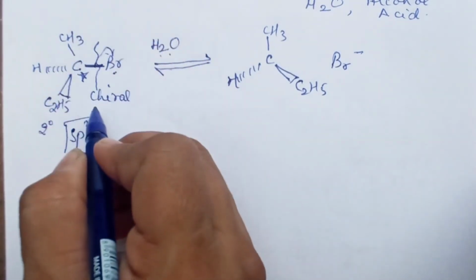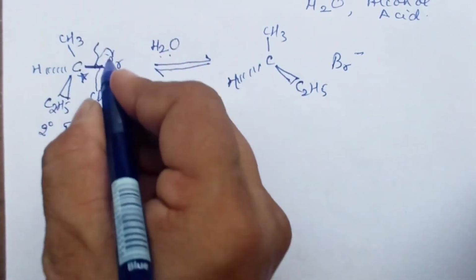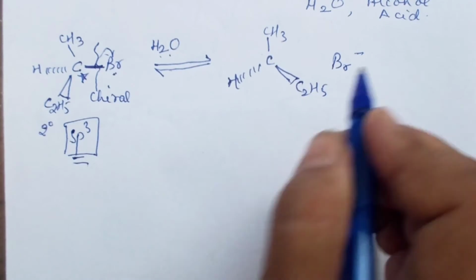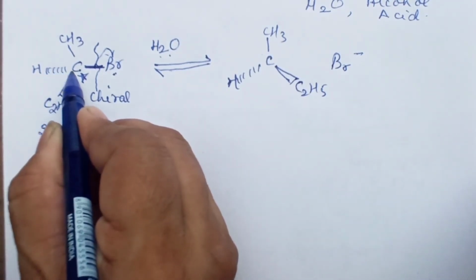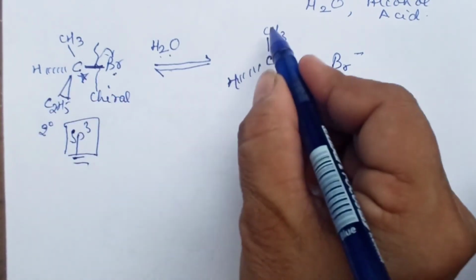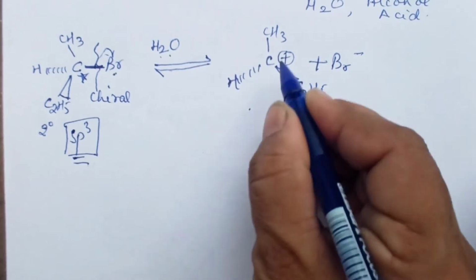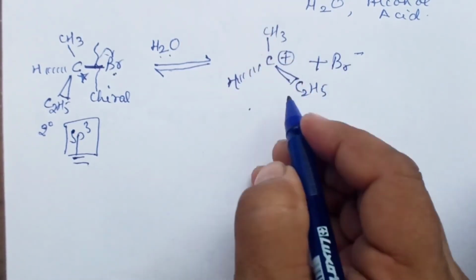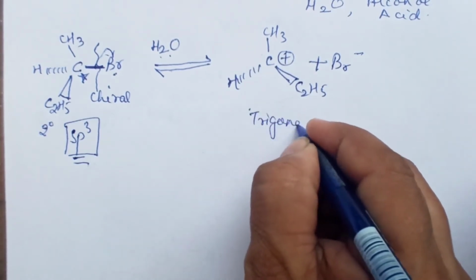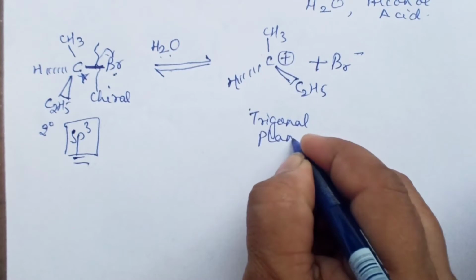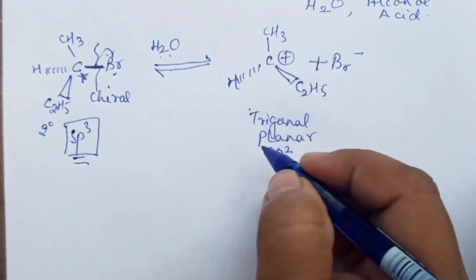Okay, now this bond breaks. When it was like this and the bromine atom took the electrons and came out as Br minus, what will happen? There will be some tension release in that carbon atom. So these bonds will all straighten up. They will come now as a trigonal planar structure. They are all in one plane. Now the hybridization is sp2. It is now a planar structure.